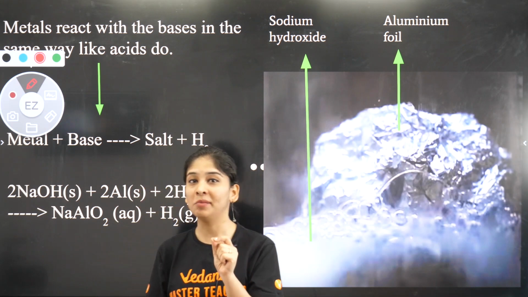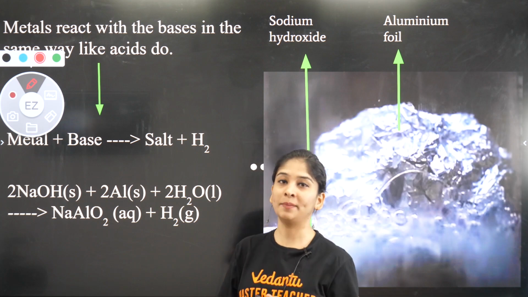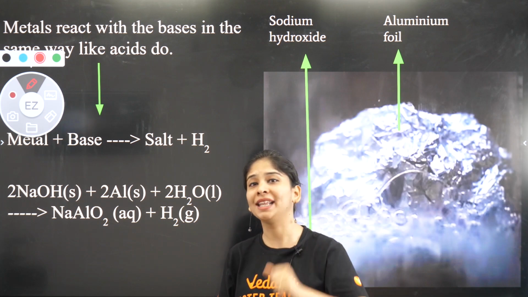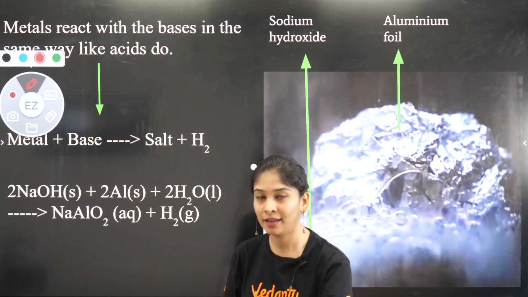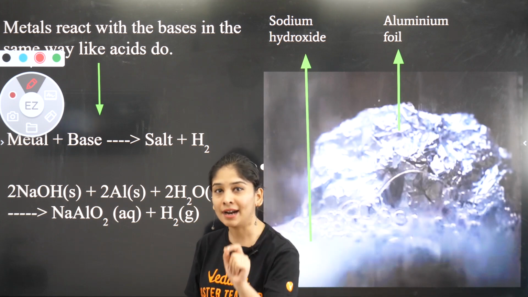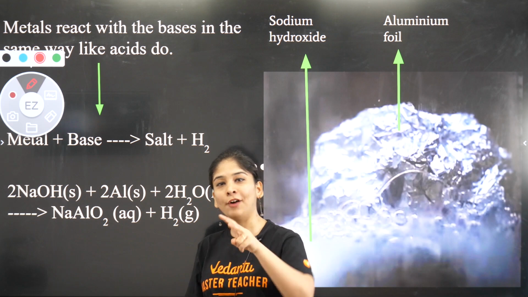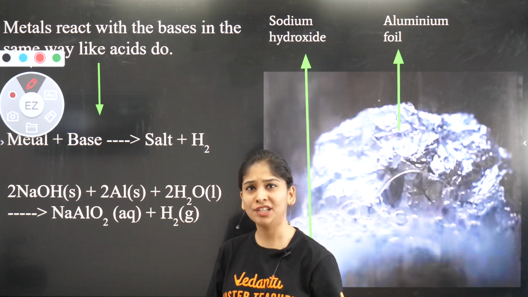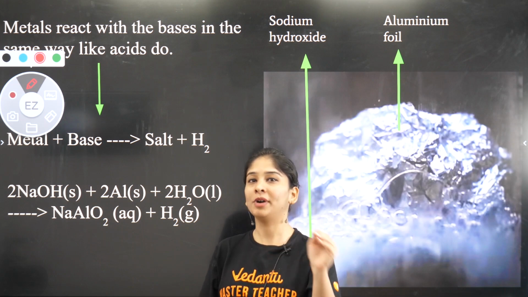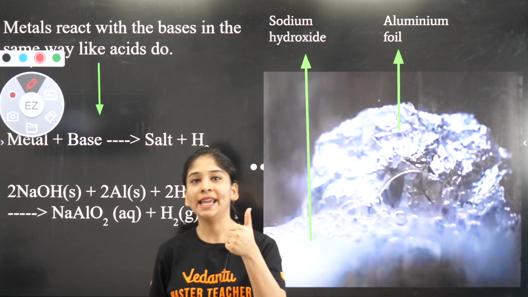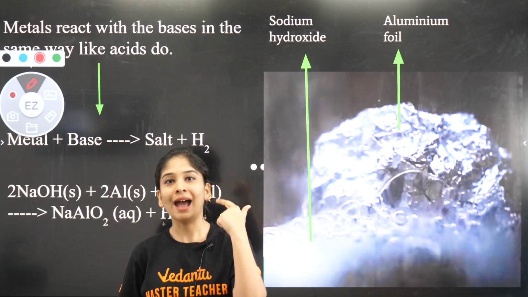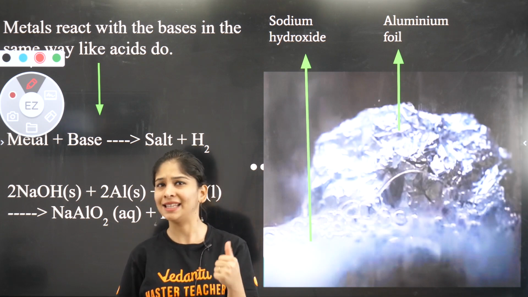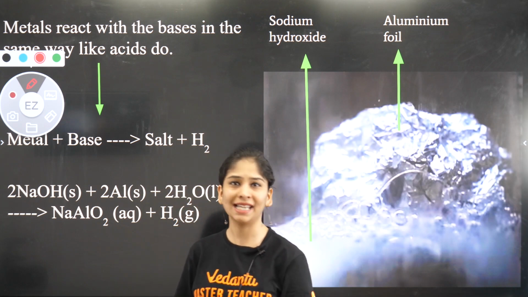So the reaction is limited to only those metals in which they can show some other property than the bases, that is acidic. That means there are certain metals which have both the property of acid as well as base. Their oxides generally have both the properties of acids and bases. We can take a metal like zinc and aluminium, and even tin also behaves in the same way, but that's not given in your NCERT book.